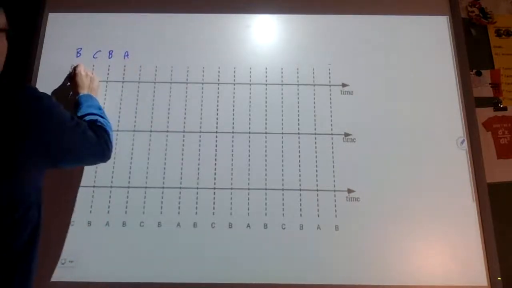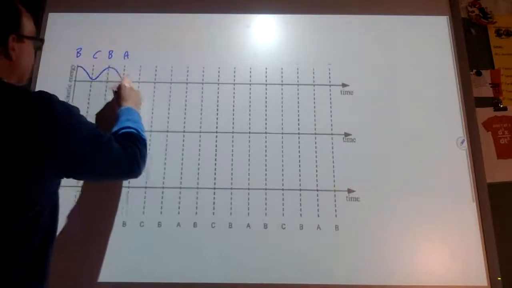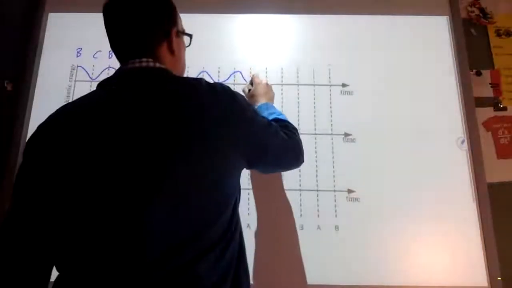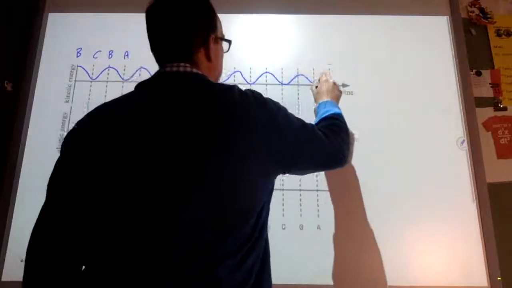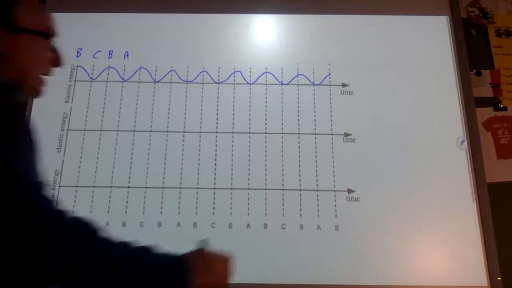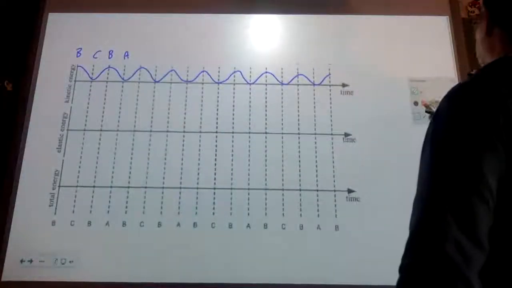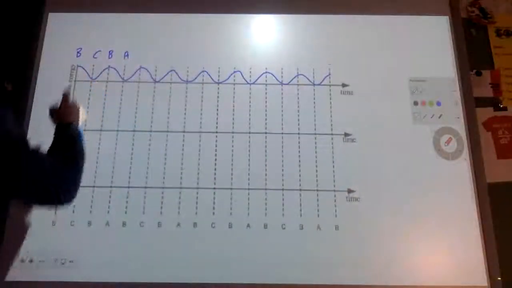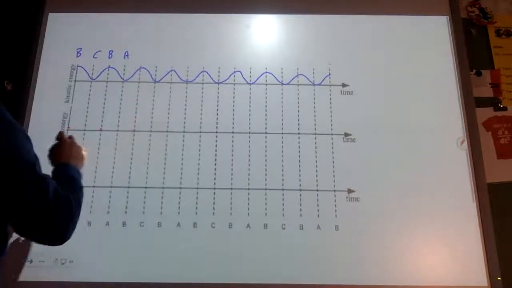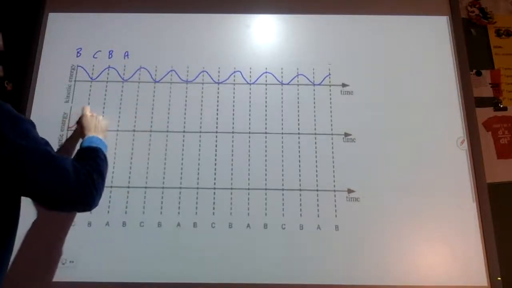So this is going to be max, min, max, min, and so on. Elastic energy should be the opposite of this. When you have all kinetic energy, you have no elastic energy. So that means that we're going to have peaks at the opposites. So where this is a positive, this is going to be 0, or maximum, 0, maximum, 0. And this is going to go